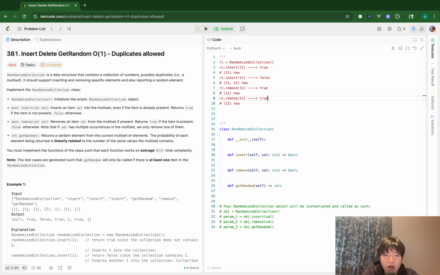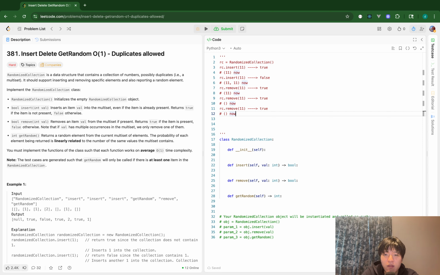If I remove 11 again, it still exists, so it returns true. And now internally there isn't any element. But if I call remove 11 again, this returns false because 11 doesn't exist anymore. Yeah, and that's it. And for the random method,